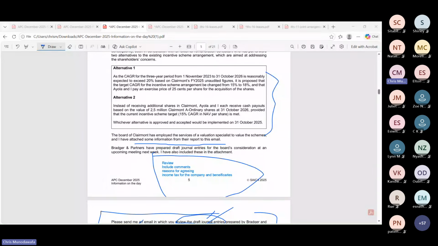So in depth, what you were supposed to bring out, looking at where the change is being made, is that it is expected to exceed 20%. It is proposed that the target for the incentive arrangement be changed from 15 to 18% up. The moment it's changed from 15 to 18%, I should not expense that because it's not favorable. So the moment it's not favorable, do not expense. A negative increment of fair value for the alternative continues at the original granted fair value unless it's a beneficial modification.